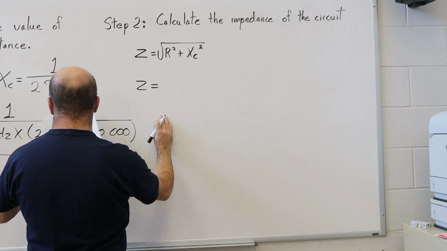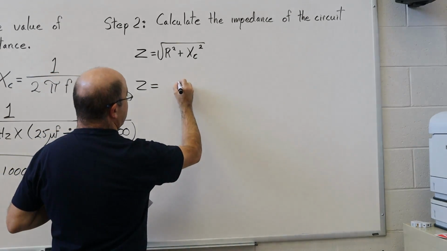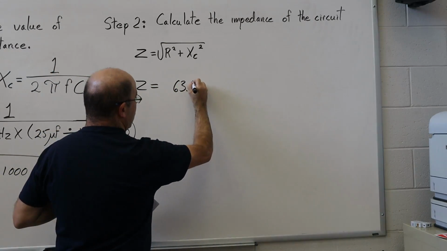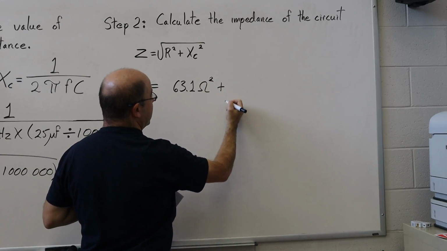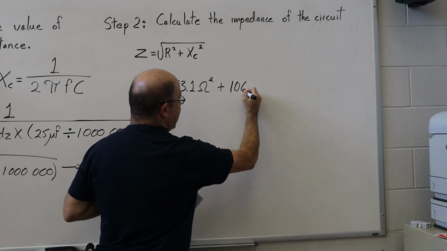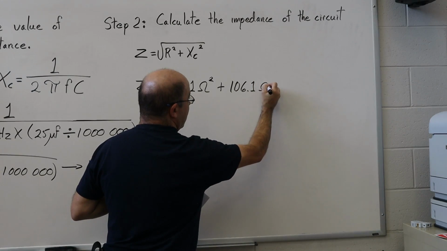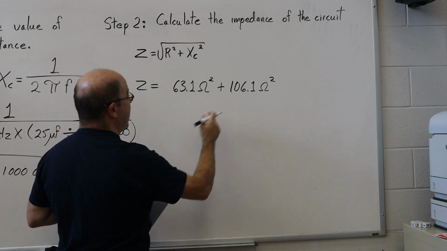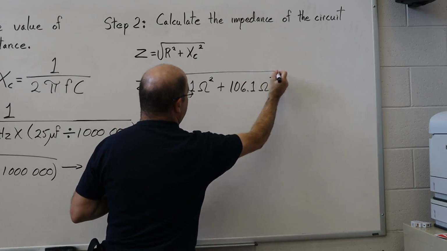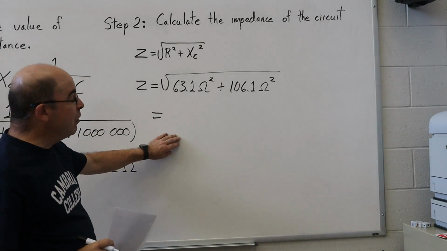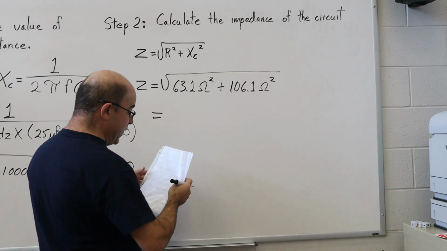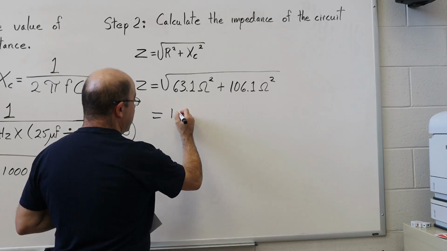Z will be equal to the square root of 63.1 ohms of resistance squared plus 106.1 ohms of capacitive reactance squared, and then punching all of this into a calculator, you are going to get, oddly enough,